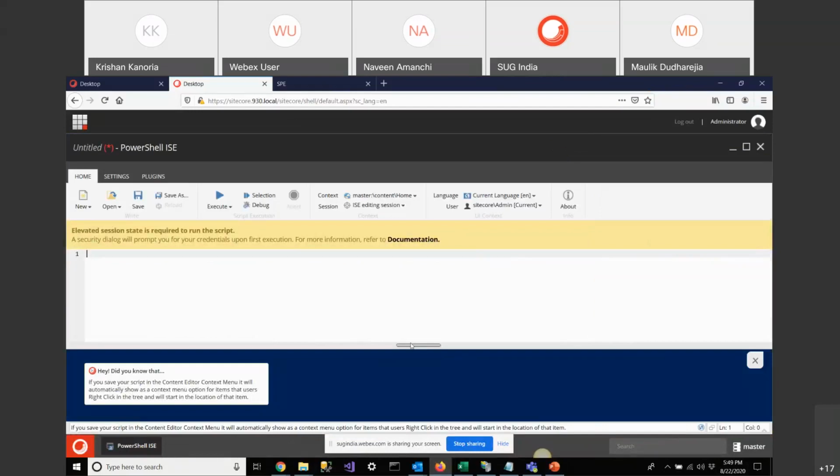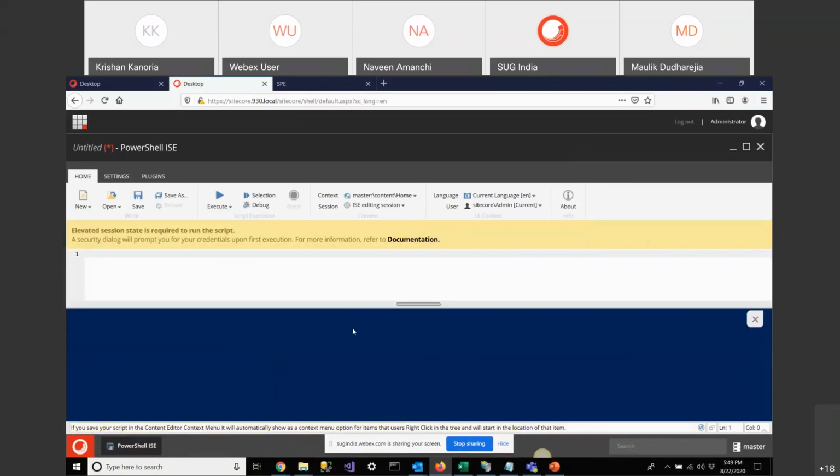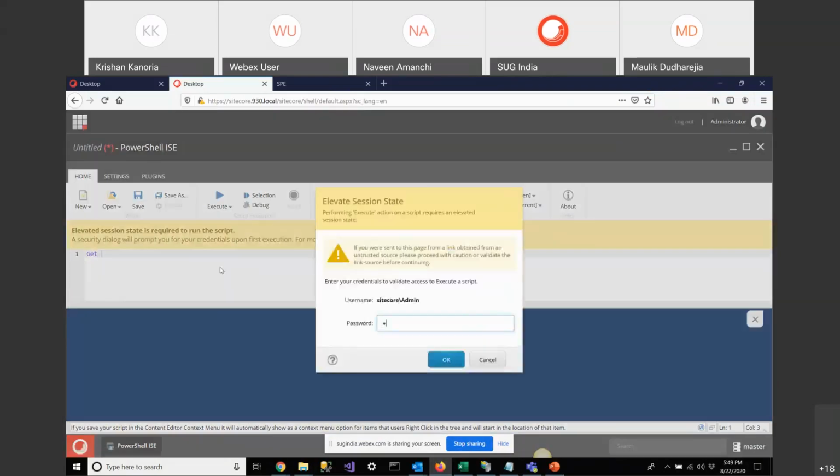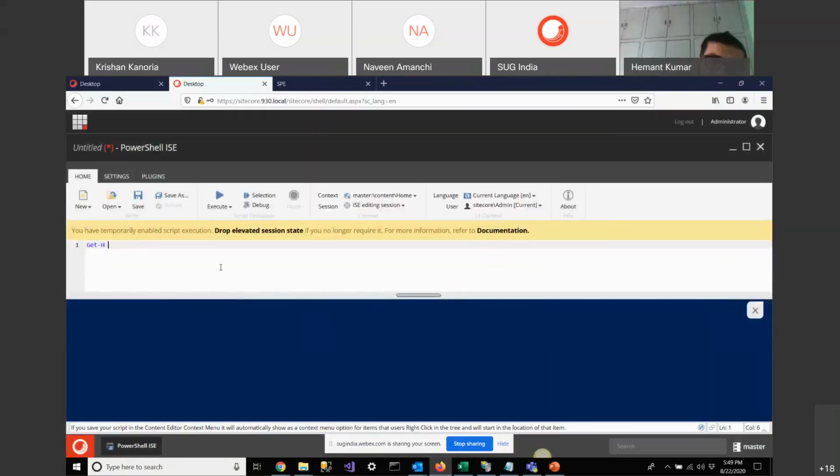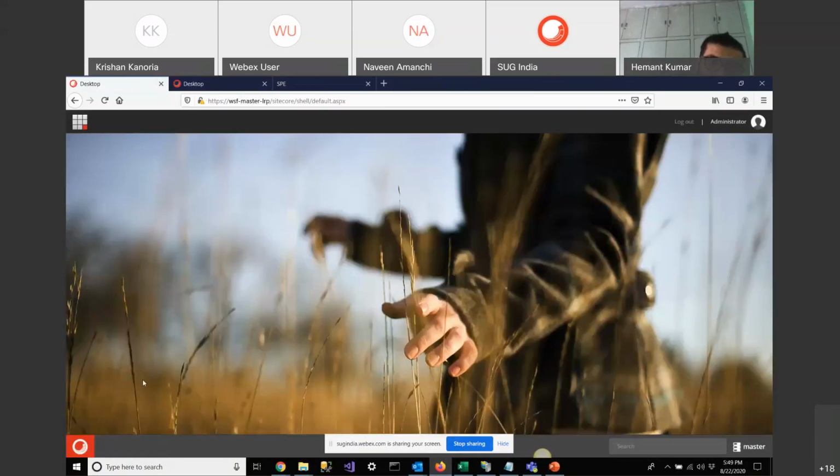Here you can see this is a PowerShell console where my result will be shown. And here I'll write my commandlets, functions, variables, and other things. So suppose I write like this, get help. It will ask me my password.